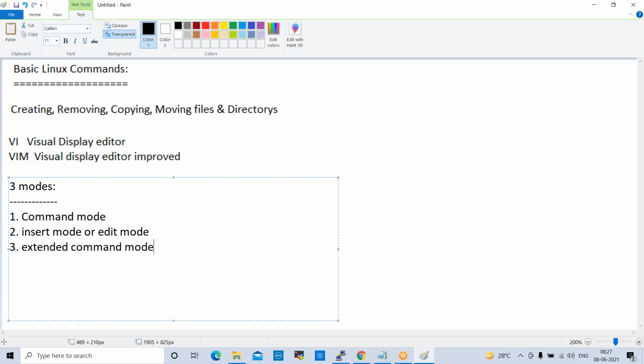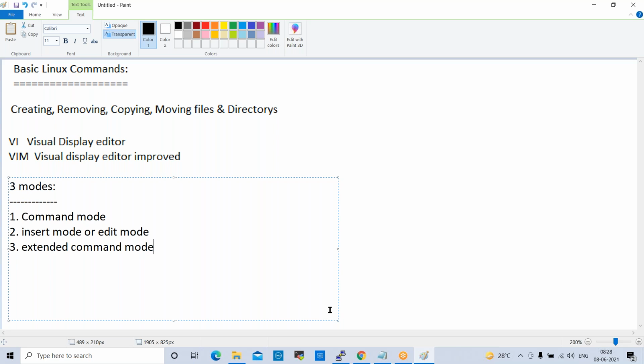These are the three modes available in vi. When we use the vi command the first time, we move to command mode. Next, if you hit i, we switch to insert mode. In command mode we can't edit the content, but we can move the cursor from top to bottom and bottom to top. Whereas when we switch to insert mode, we can edit the content. After that, in extended command mode, we can come out of the vi editor.